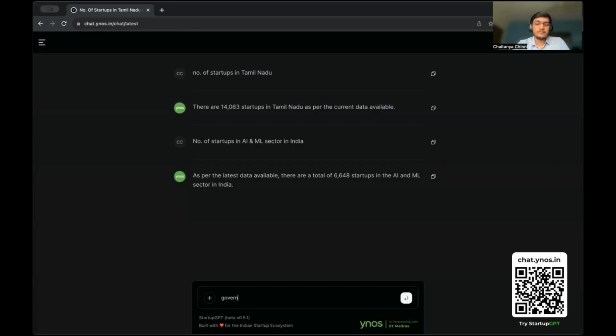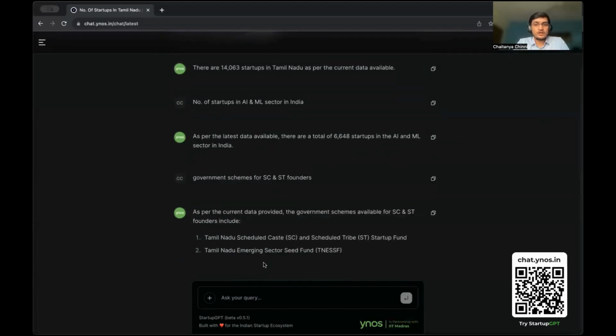So it shows what government funding schemes are launched specifically for SC and ST community founders. There is Startup India, Scheduled Caste and Scheduled Tribe Startup Fund, and Emergency Fund, which is also supporting SC and ST community founders, etc.